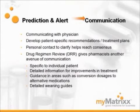And again, I'd strongly encourage the use of these drug regimen reviews. Our industry is very, very used to IMEs to deal with the injury side of things, getting another opinion. That's exactly what these drug regimen reviews are. They're kind of the IME on the pharma side of things, which we have found to be very, very beneficial